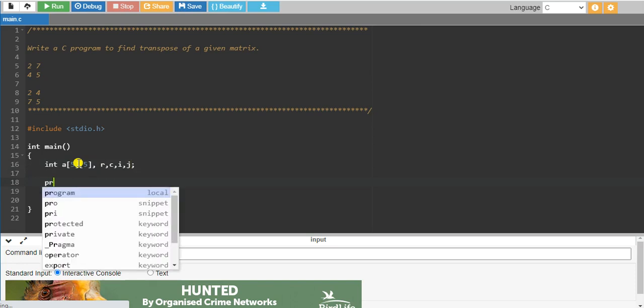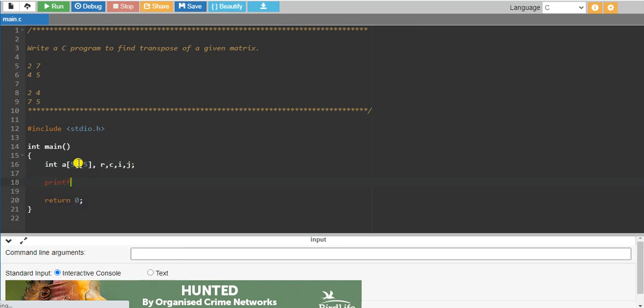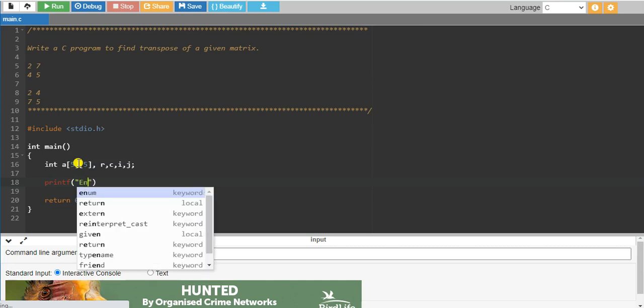So let me ask the user to enter the rows and columns of the given matrix. So how to do that? With the help of printf statement from the standard input console, like enter.